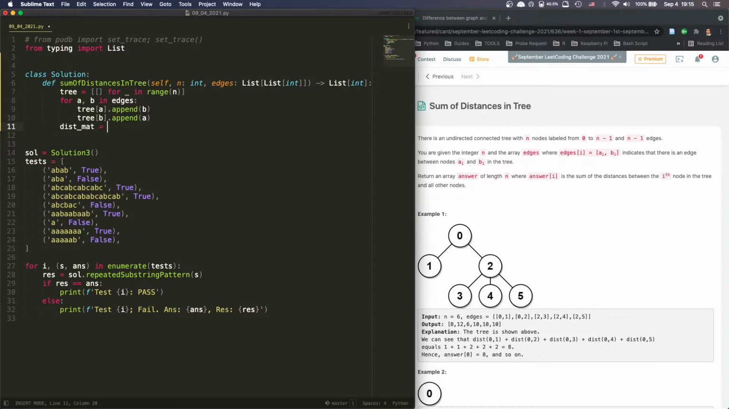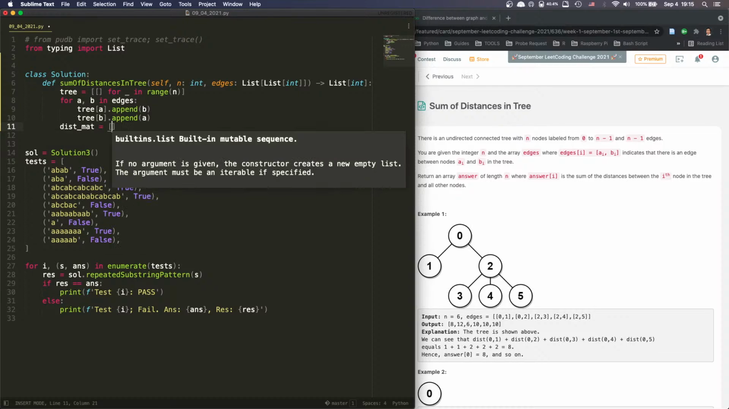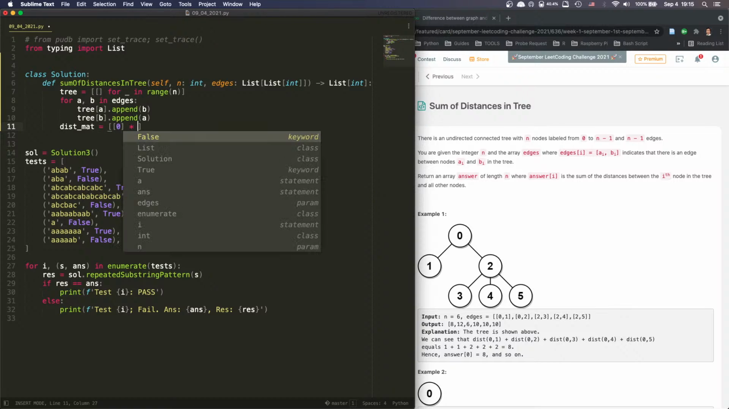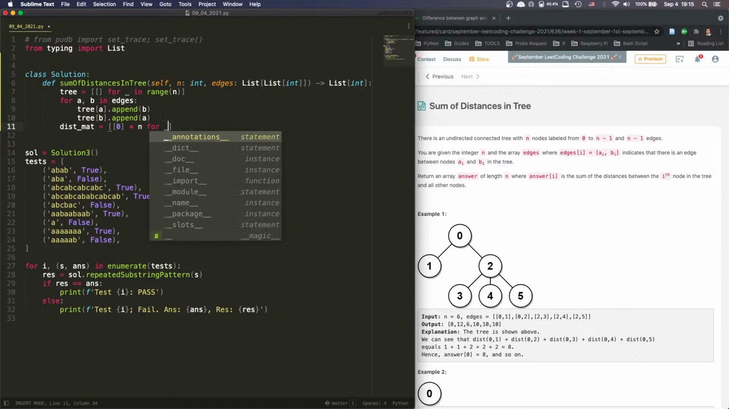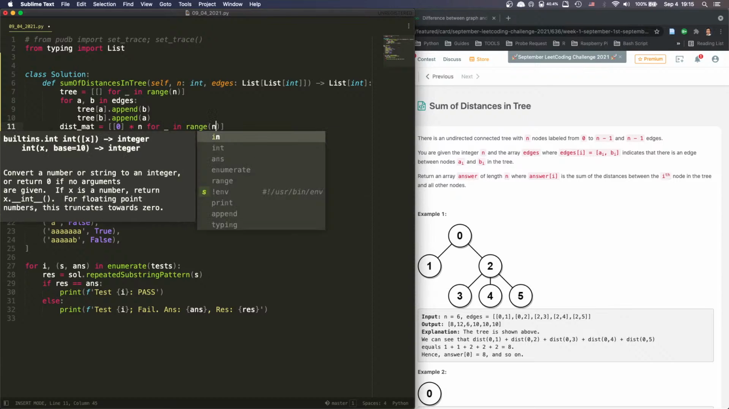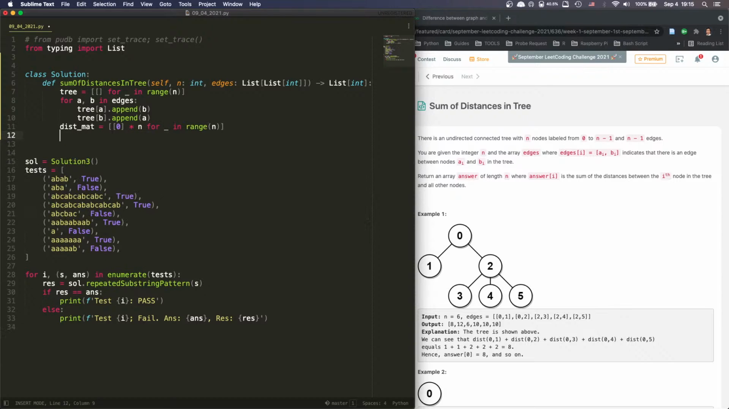Dist mat equal to 0, right, times n for this in range n. So that's an n by n matrix. So now we have an n by n matrix. So now we're going to do